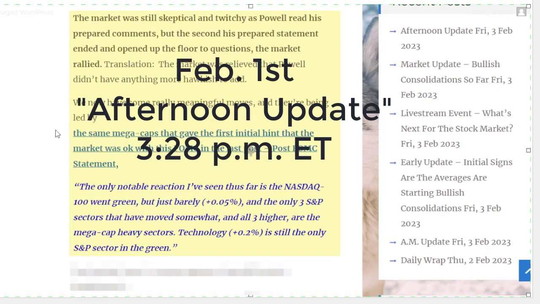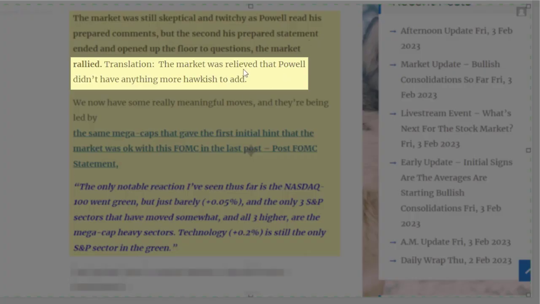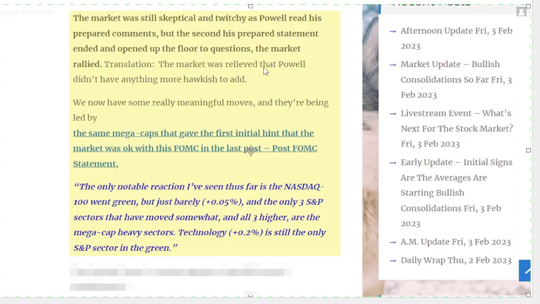The market was still skeptical and twitchy as Powell read his prepared comments, but the second his prepared statement ended and he opened up the floor to questions, the market rallied. Translation: the market was relieved that Powell didn't have anything more hawkish to add. The fear going into all this was that because the markets rallied, that's loosened financial conditions significantly. So the Fed is trying to tighten them to fight inflation, and you have a market that's kind of undoing